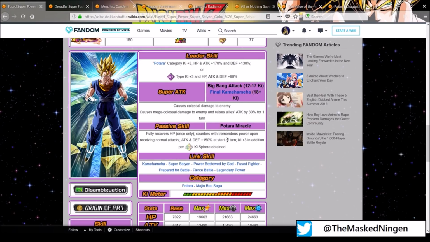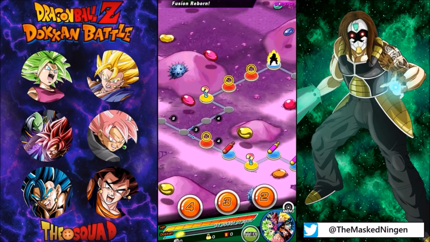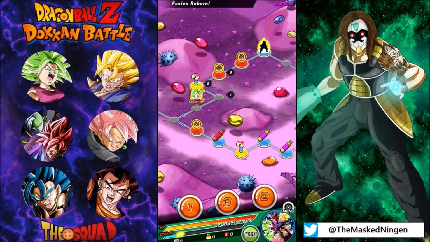Just like the Gogeta, they can link up with Super Vegitos, so you know that we are going to feature those on the team. So if we go over to the gameplay, just like we did yesterday, we took on the Vegito event with the Fusion team,